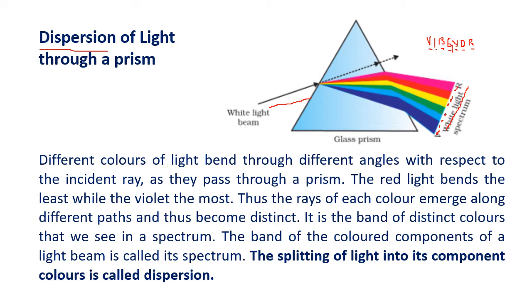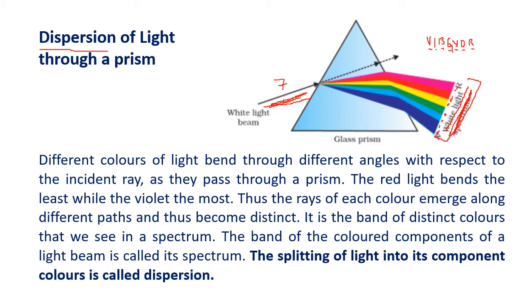Now very important is this white light. White light, what is white light made up of? Now we can see this white light is made up of 7 different colors. White light is made up of 7 different colors. But why do we see white light? So our eyes are used to it. When all these lights, the whole spectrum reaches our eye at the same time, then the combination of all these colors will give us the white light.